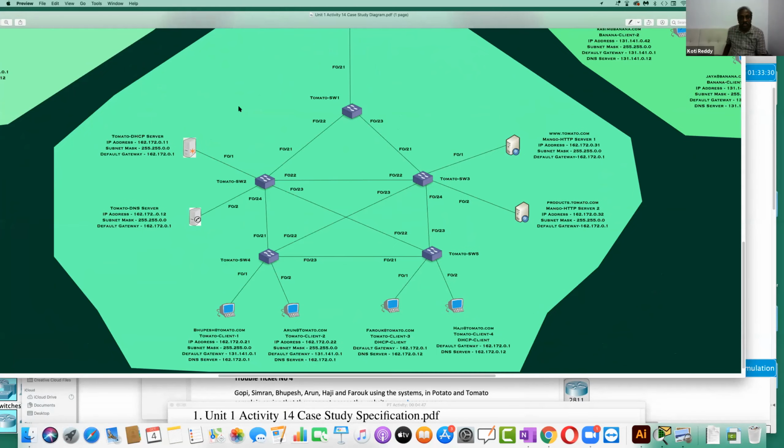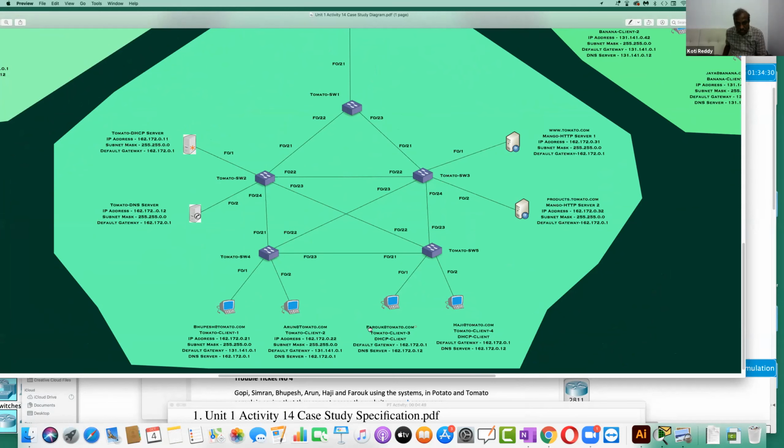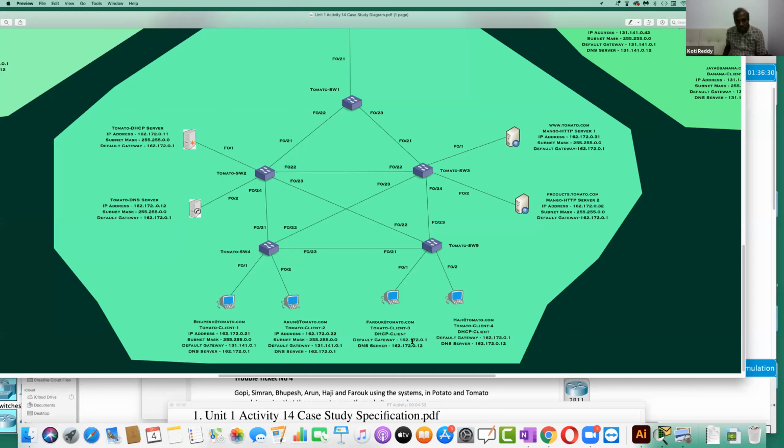Here we have the user called Farooq, at Tomato Client 3. Haji is also at Tomato Client 4. These two users are complaining saying that they're not able to access www.tomato.com and products.tomato.com. Right? So they're not able to access these two. Let's see what the issues could be now. Let's open it in OneNote.